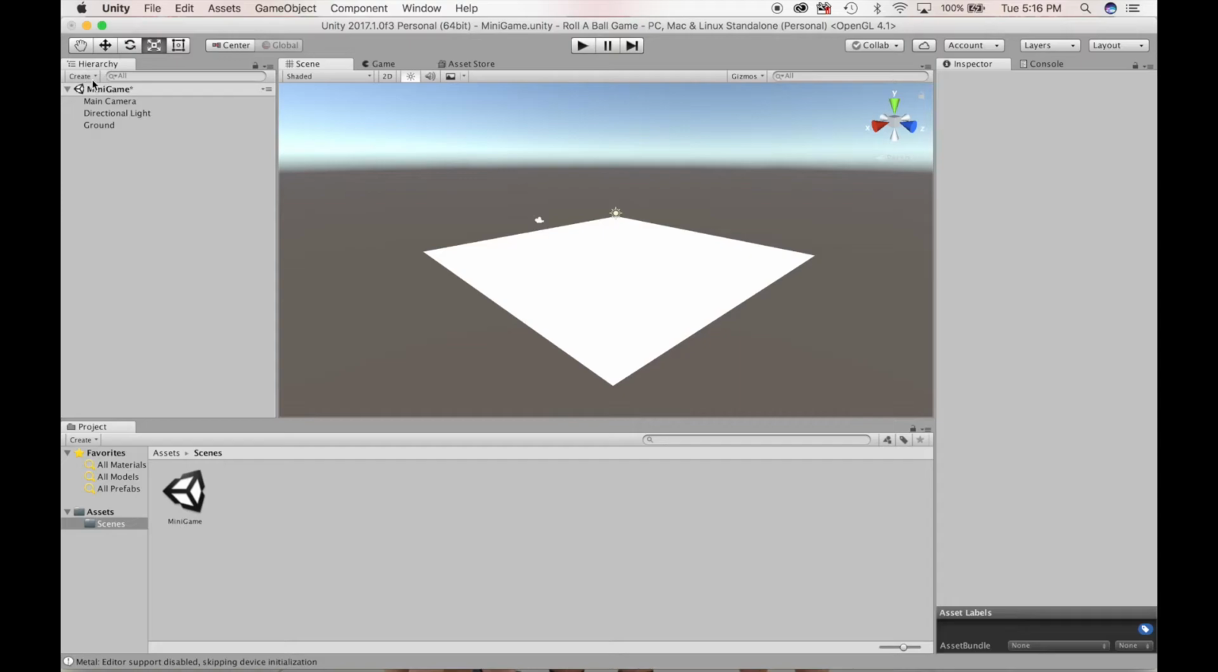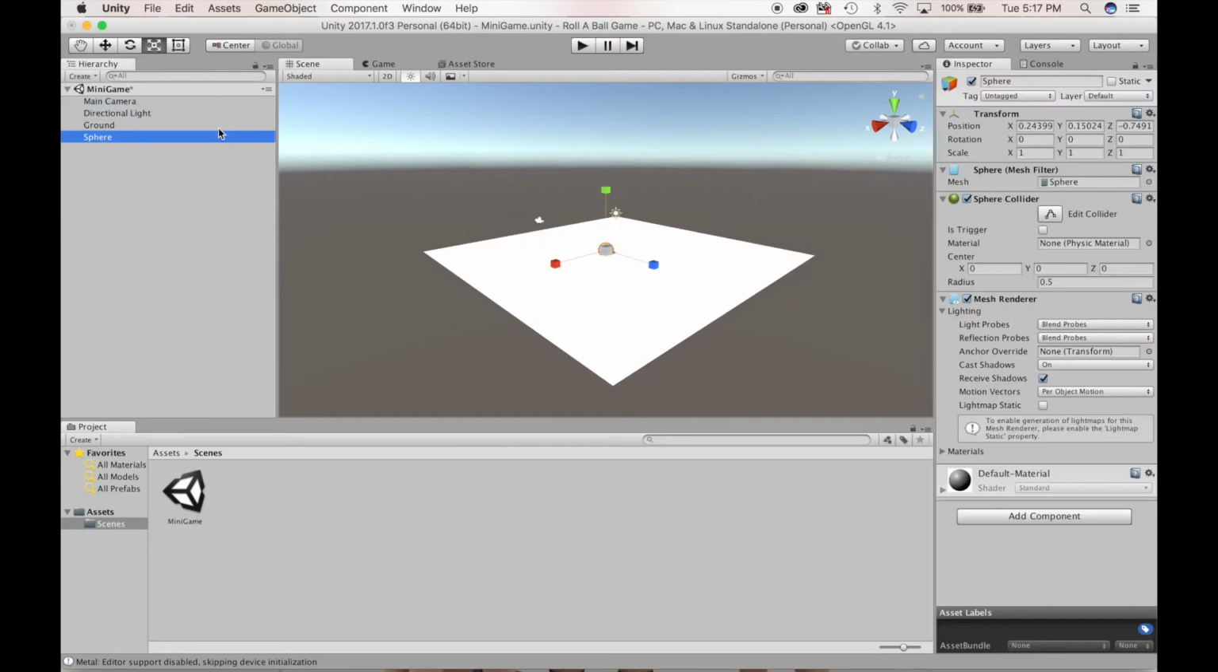So locate the Hierarchy tab, and then you'll see a Create drop-down right below it. If you click that, here are some of the different, what are referred to as primitives that you can enter onto your scene. In this case, I'm going to select 3D object, and then I'll go to sphere. So when I click on sphere,